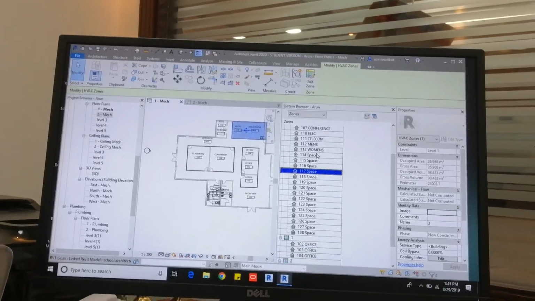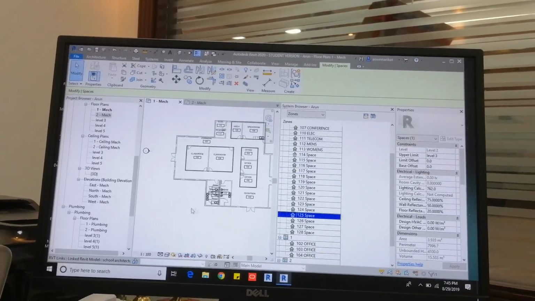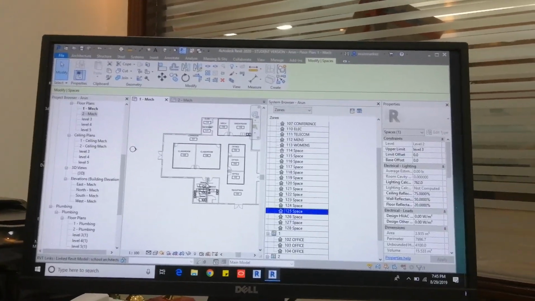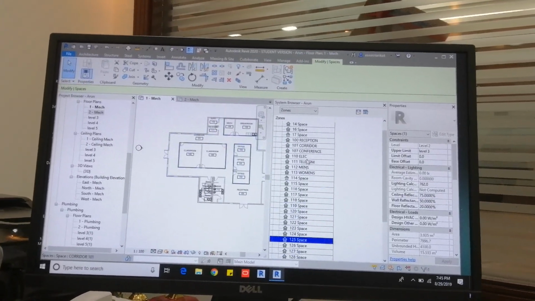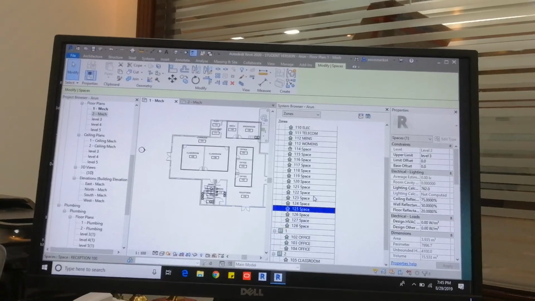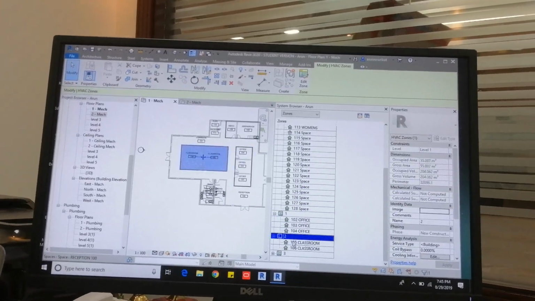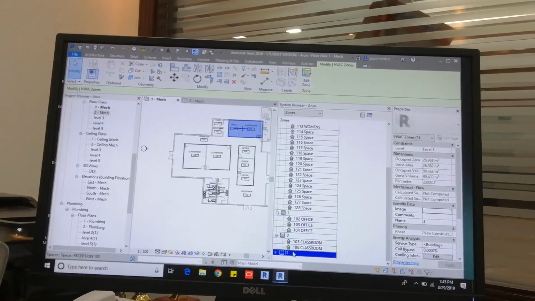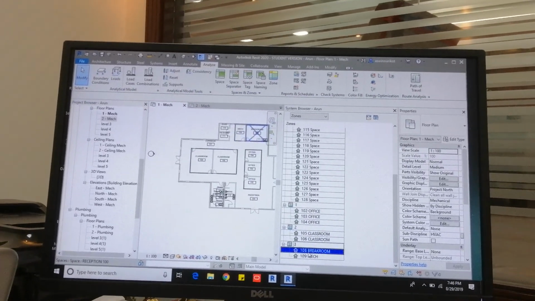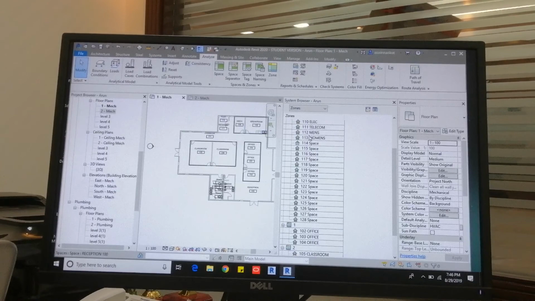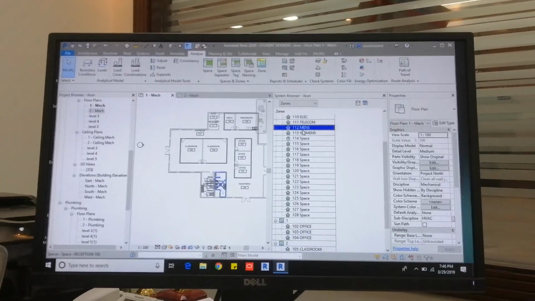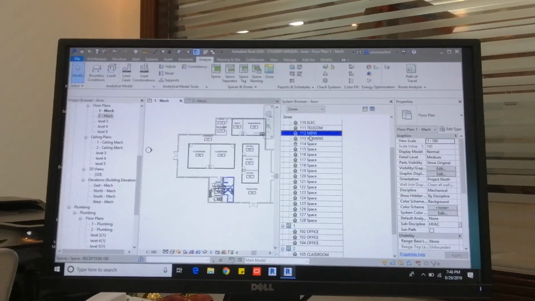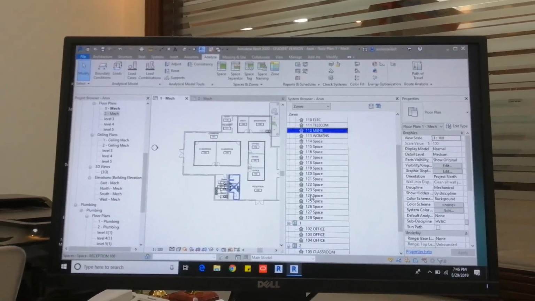Even the unwanted ones, or the ones which I didn't add to a zone, are here. Whatever we created in the last class is named 1 and 2, and now I created 3. These are the spaces I added. By default, automatically, whichever space I add without a zone goes into the default zone.